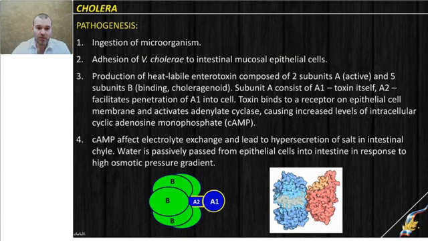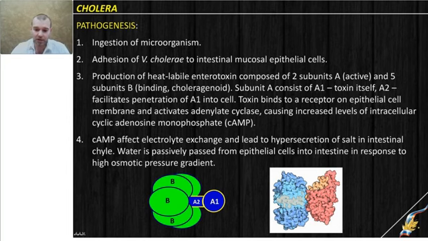So pathogenesis of cholera is kind of easier and more simple than in case of Shigella, Salmonella, and other enteric pathogens. Bacteria is ingested with the water, and initially it needs to pass acid barrier of our stomach, and people with good acidity in stomach are less susceptible to disease. Vibrio will die here very fast and very easily. But if acidity is decreased or Vibrio is ingested in high amount, then bacteria will pass stomach and get into intestine. It will fix to mucous layer of epithelial cells and start production of the labile toxin.